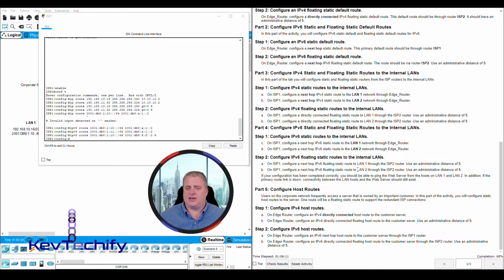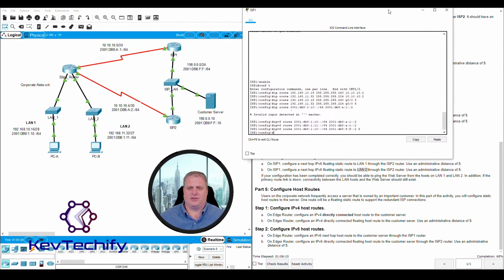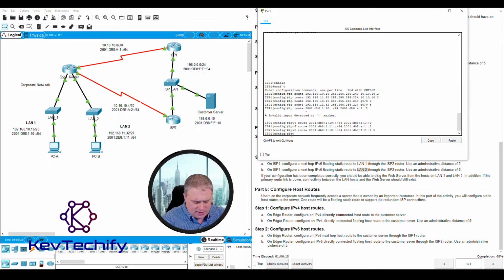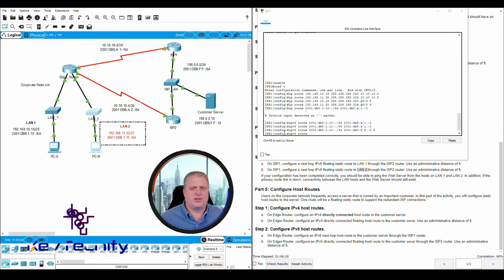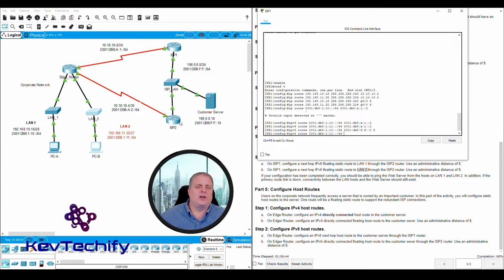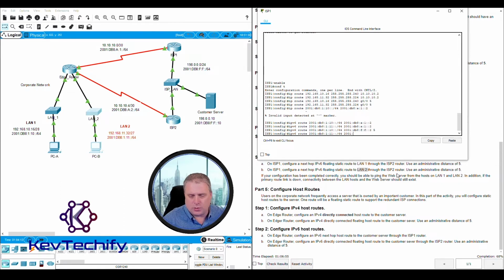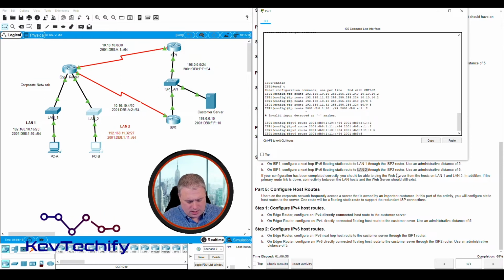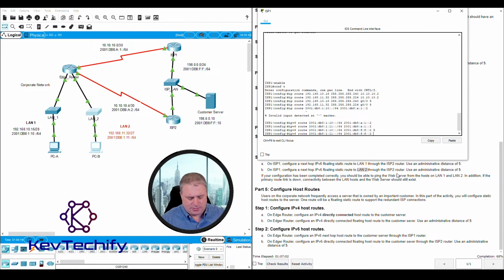Now we need to do the same thing again, except for LAN 2. Start off with IPv6. We're doing a route. Here's the network address for LAN 2. Go ahead and type that in, 2001:db8:1:11::/64. And then the next hop IP address from ISP1 to ISP2 is this connection right here, which is the same IPv6 address we used in our previous statement. We can go back here, we can look at that. Go ahead and type that in, 2001:db8:f:f::2 space,